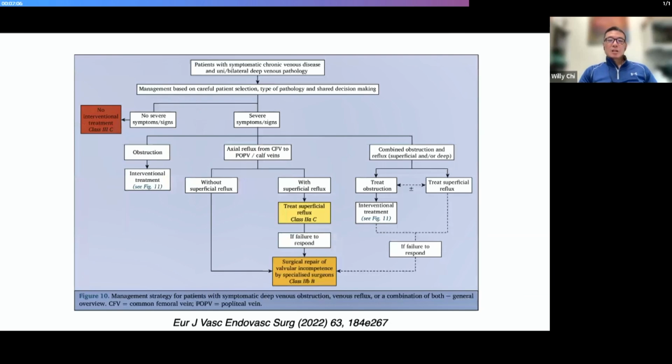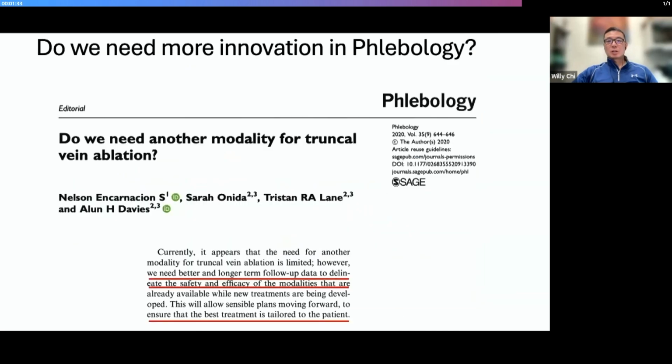So with that being said, I think that the first step of AI, and really, if you look at AI, it's really an algorithm-based intelligence. I don't call it artificial intelligence. I always think that to begin with, it should be algorithm-based intelligence, and that also spells as AI as well. And this is a perfect example of the European 2022 CVD guideline, looking at the different ways of how to treat patients depending on the patient's symptoms.